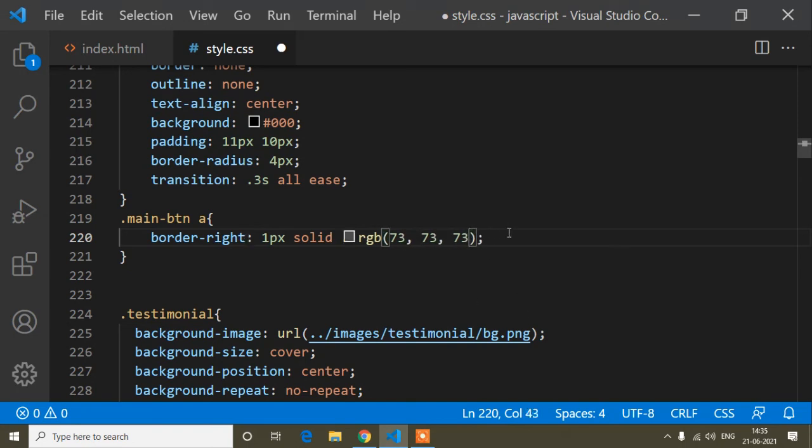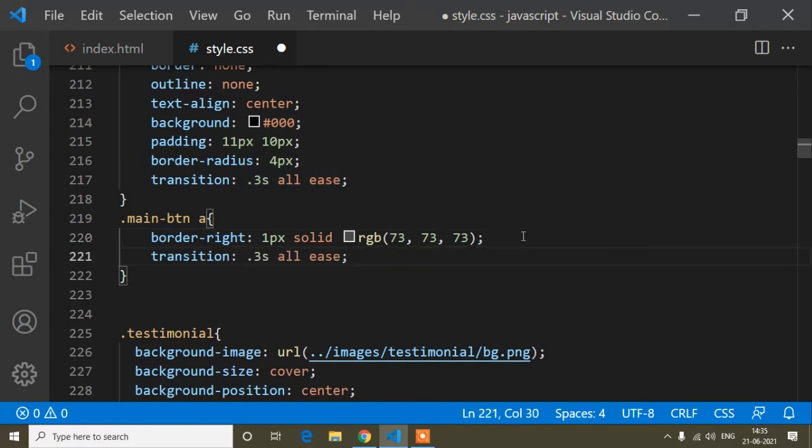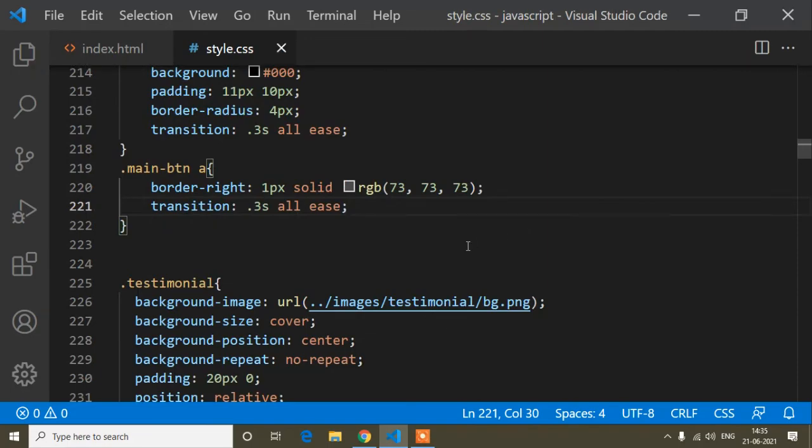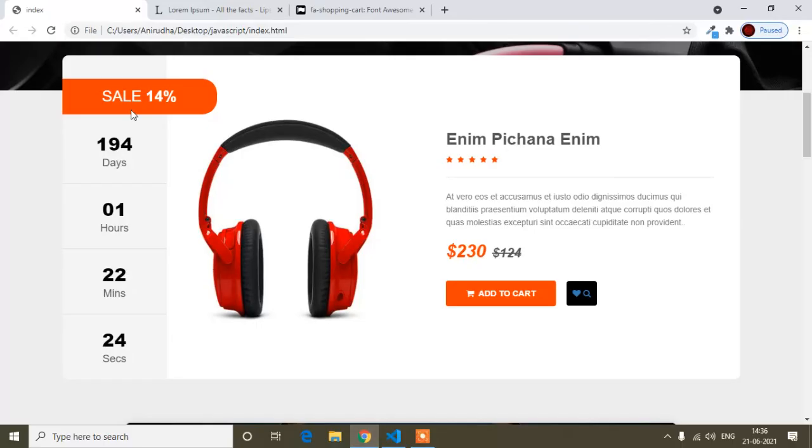So this is a grayish color. Border right, this is done. And now guys, here I will also add this same transition, so I will copy from here and paste it here. Now if I refresh, you can see it's added a border.